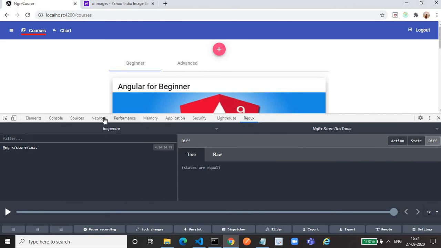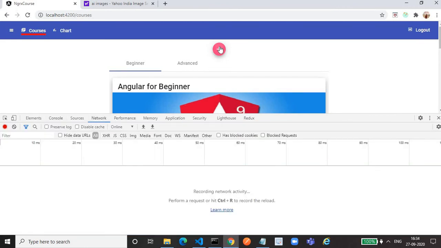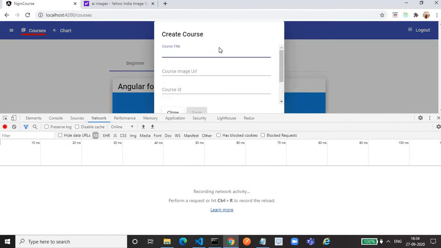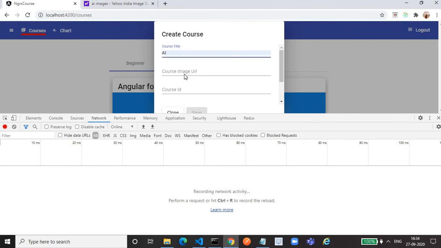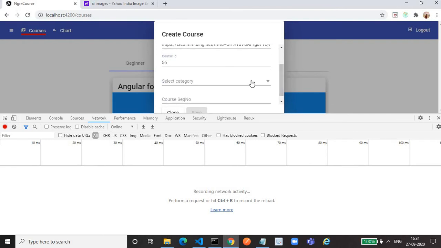Go to the network tab also. Let's add. Course title is AI, the image that we have copied. Course ID 56. Selected category beginner. Course sequence number 65. Save it.